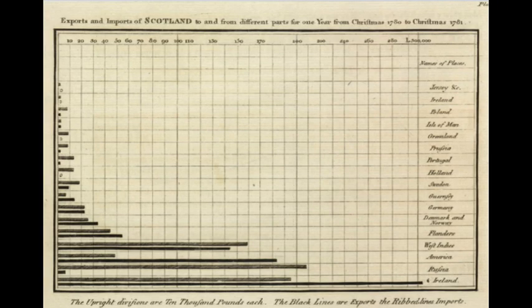Now, William had been inspired by the scientist Joseph Priestley, who had used what he called timelines in a publication to show the lifespan of a person. So this was a line just showing what that person had done. And William decided to adapt this, and his first bar chart was developed to show the level of imports and exports from Scotland to 17 different countries. So this was quite a complex issue to get over, but he did it by this bar chart.